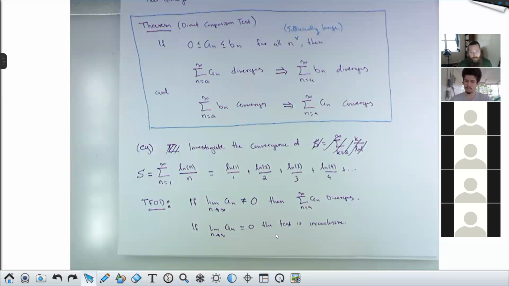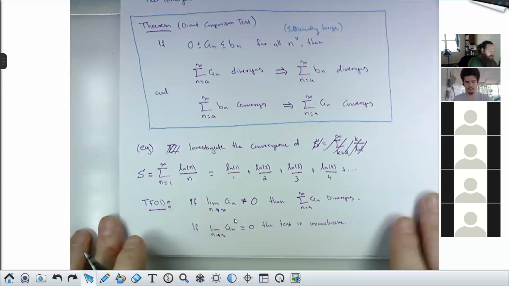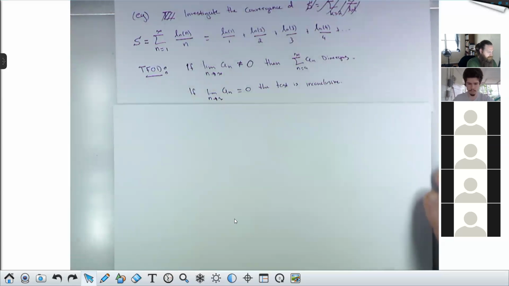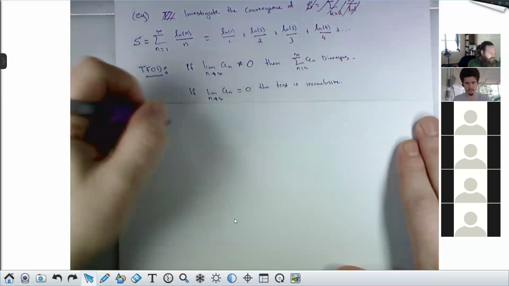Remember, kind of the intuition here is that for the series to converge, we need the ANs to go to 0 fast. Not just to go to 0, but to go to 0 fast. So going to 0 is a prerequisite for even having a chance. Going to 0 is necessary for the series to converge. It's not sufficient though. So let's try running this test on this particular series. Both top and bottom go to infinity, but bottom goes a lot faster than top does. Correct. So if I run TFOD here,